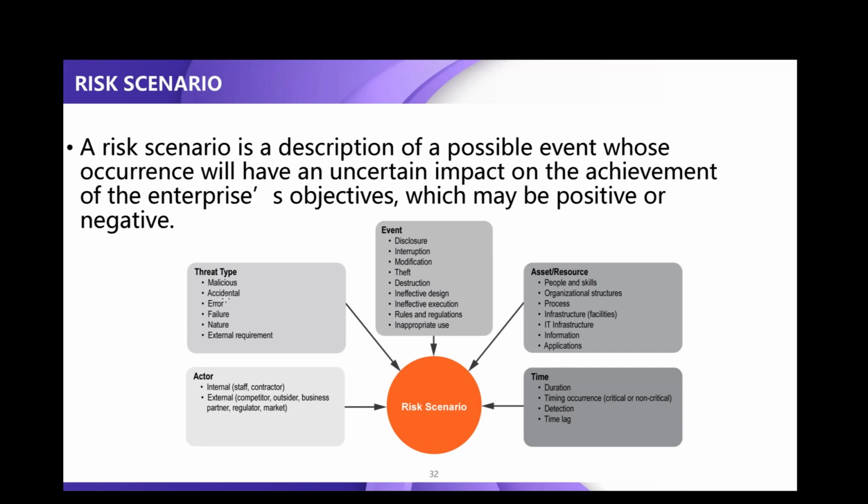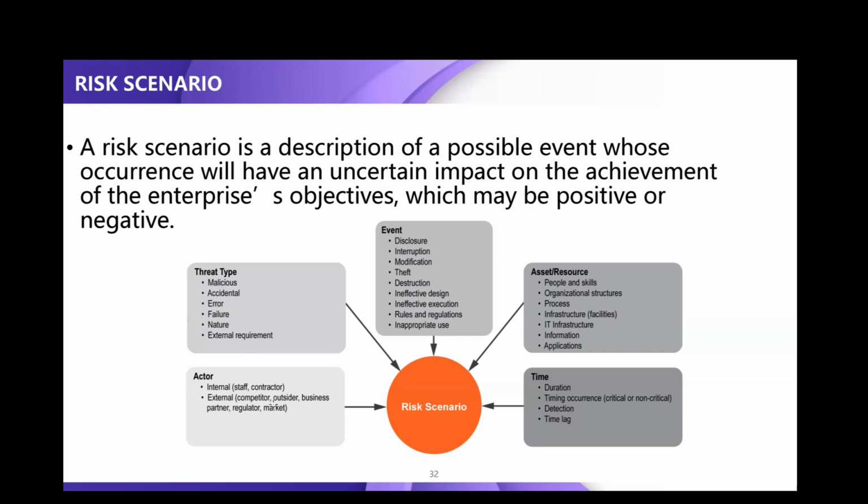Maybe you want to check your account, and let's presume that before you check your account, you need to enter your account number, and you mistakenly enter somebody else's account number, and you're checking somebody else's account details. That is a vulnerability, which is not supposed to be there. But because it's not your intention, it can be accidental. A threat can also be an error, a failure, a result of nature, or an external requirement. Then the actor can be internal, like a disgruntled staff member or a compromised contractor or vendor, or external, from competitors,